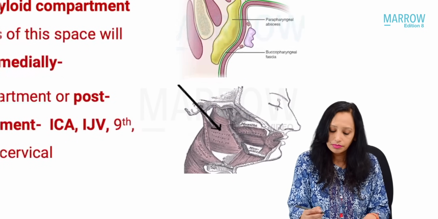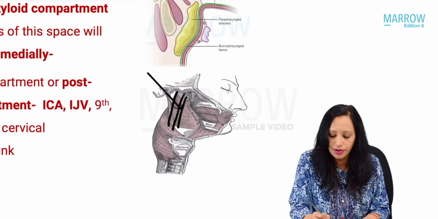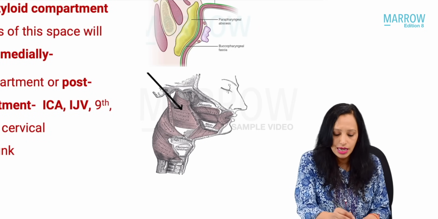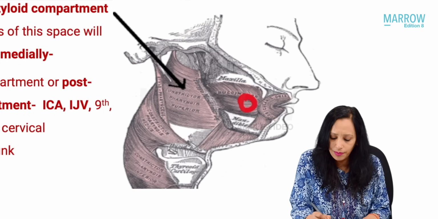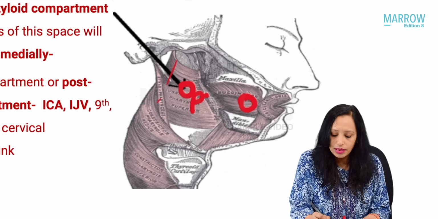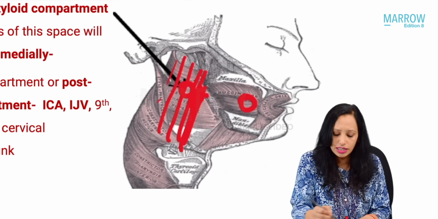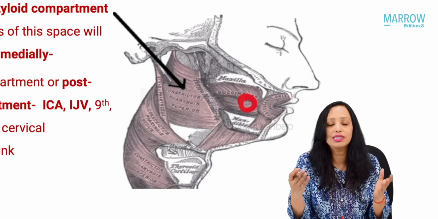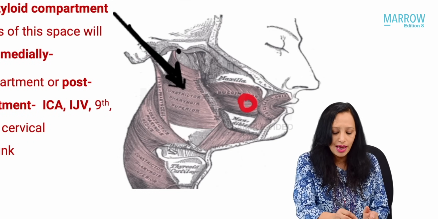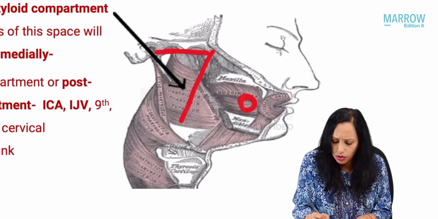The parapharyngeal space is the lateral pharyngeal space present lateral to the pharyngeal wall. So this here is the pharyngeal wall, lateral to that is the parapharyngeal space. See here again carefully, this is the oral cavity, behind that will be the oropharynx, and lateral to the oropharynx is the muscular wall of the pharynx. Lateral to the muscular wall, where this arrow is pointing, this is the parapharyngeal space.